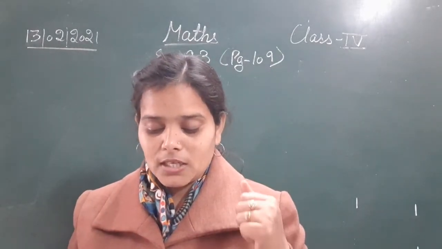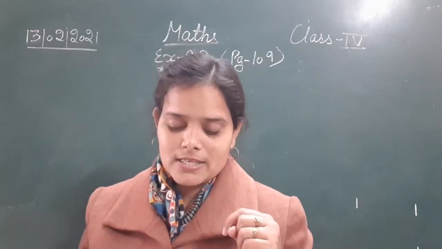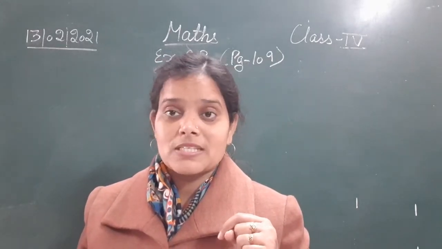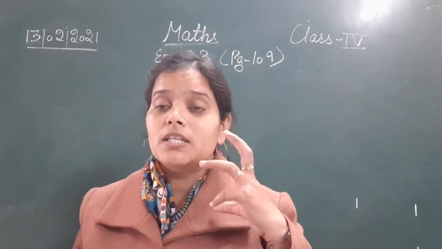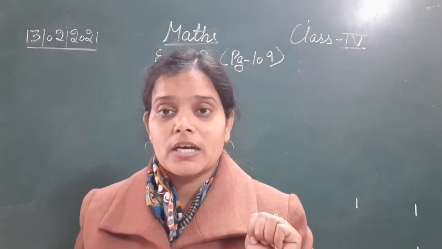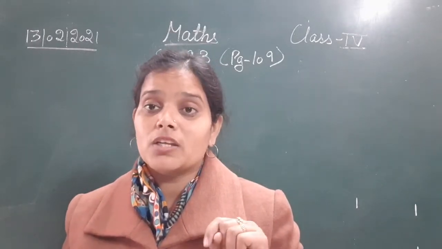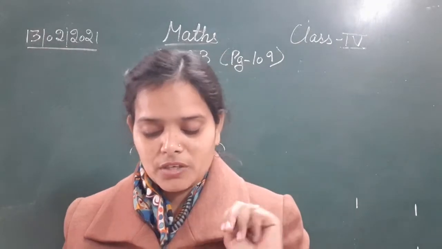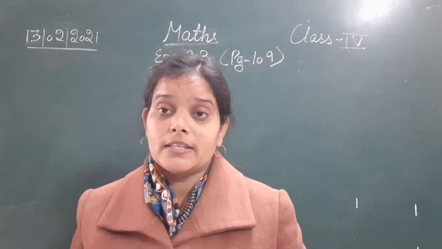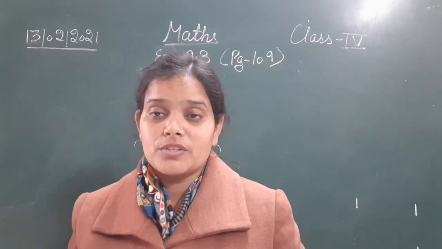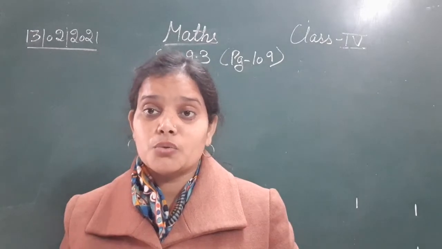Just like that, 3 shirts he has bought, and the cost of only 1 shirt is given, that is 176 rupees and 25 paise. So that means we will find the cost of 3 shirts as well. So first of all we have to find the cost of 2 pairs of jeans and then 3 shirts as well. After that they have said that for paying the amount of the jeans and the shirts, he gave rupees 1100 to the shopkeeper.